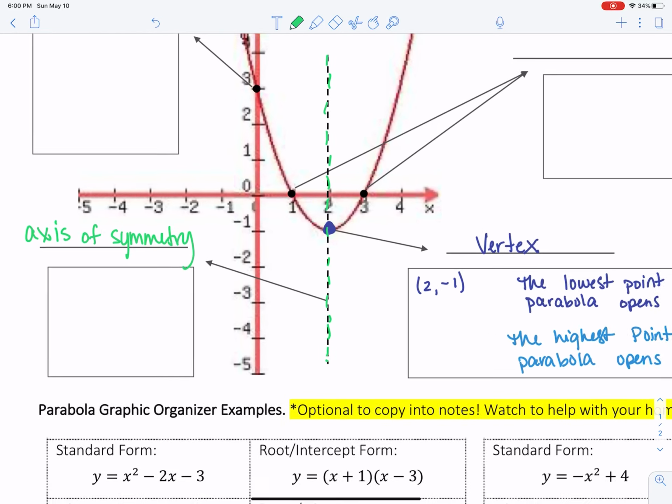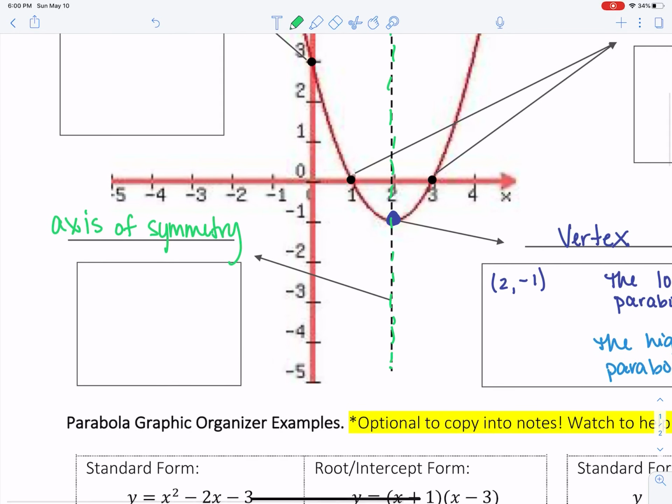So for us, in this example, our axis of symmetry is x equals 2. Now if you'll notice here, the axis of symmetry always matches up with the x value of your vertex because it divides the parabola